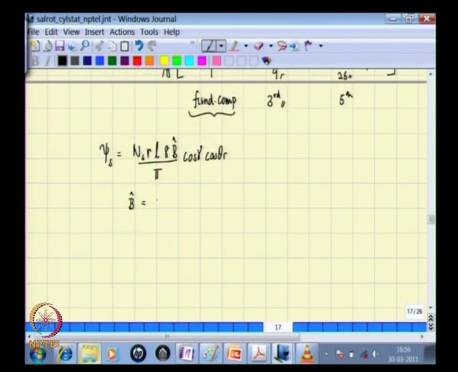B hat is nothing but ns into is, the mmf that is there, divided by the reluctance which is Lg divided by mu naught into area under the pole face. So, this is flux and then divided by the area is B, and therefore, B hat is ns is mu naught by Lg, and therefore, the mutual inductance